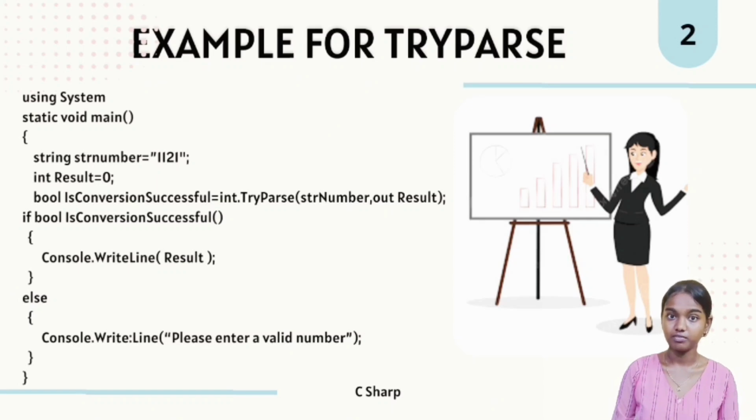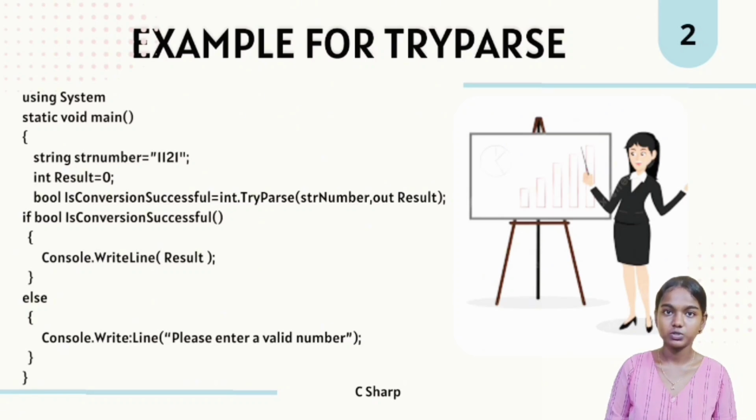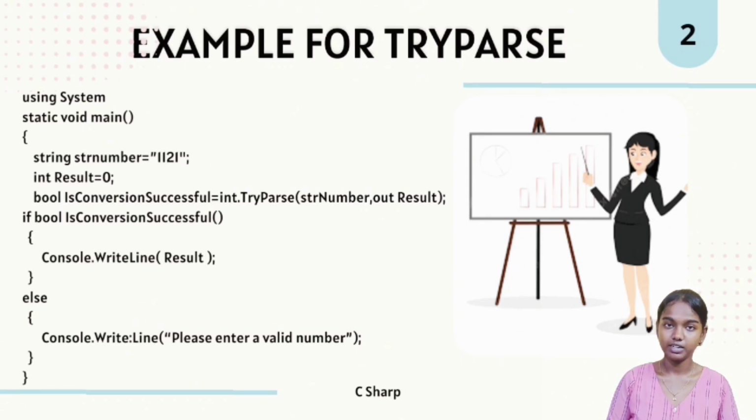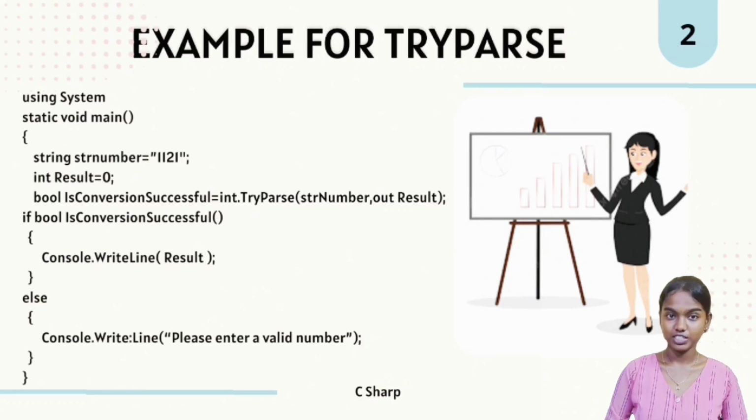Inside the Main method, we have declared a variable named strNumber with string data type and it is initialized to 1, 1, 2, 1. Another variable, result, is initialized to 0. isConversionSuccessful is a bool variable. Using the TryParse keyword, we are converting strNumber into int data type, which is stored